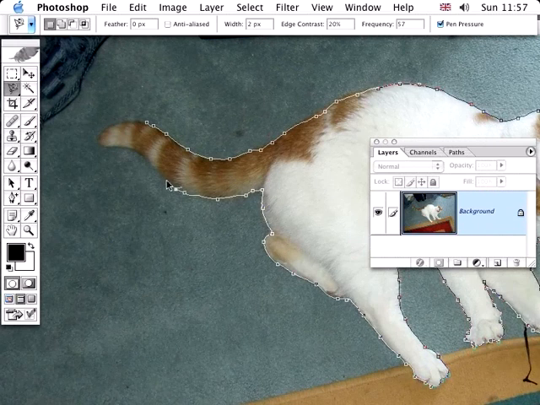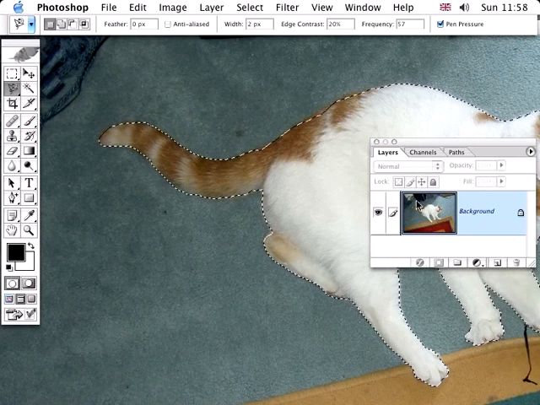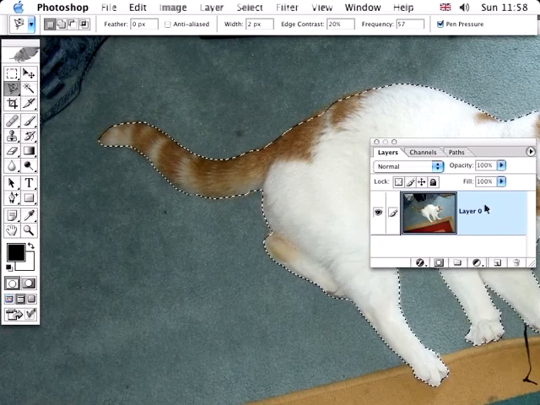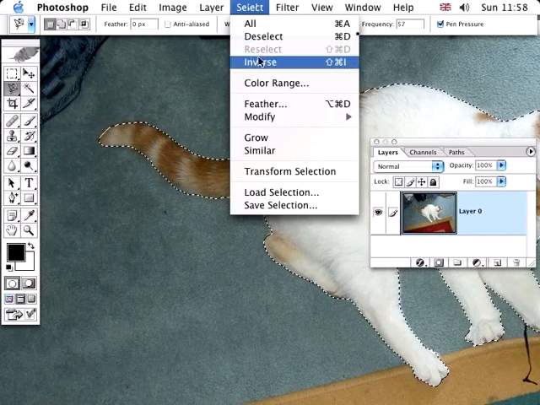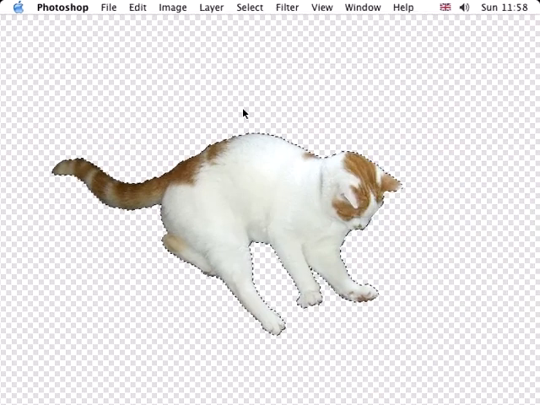Okay, so we're nearly finished there now. Down to the tail, and then click just at the edge there, and we're almost at the beginning, so we click to complete the selection. There it is. Then let's just double click on the cat, hit return. It's now editable, and I'm going to inverse the selection, hit backspace, and we've isolated the kitty from the background. I could hit Command Z,